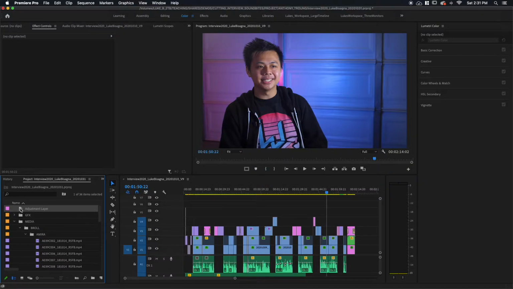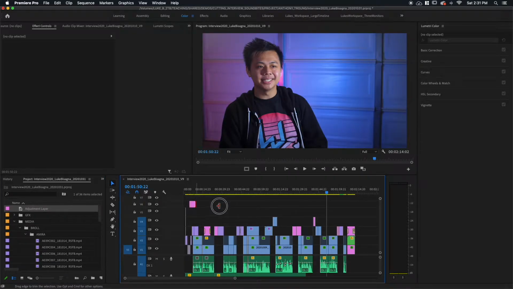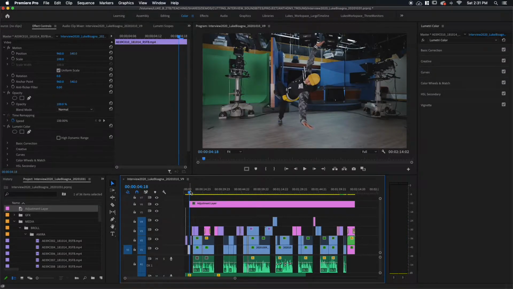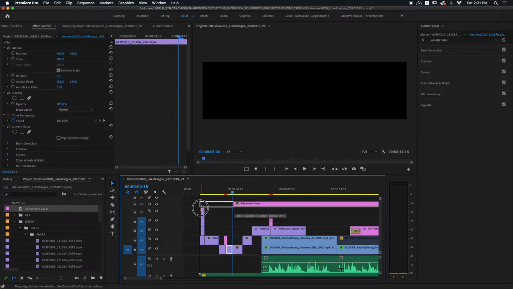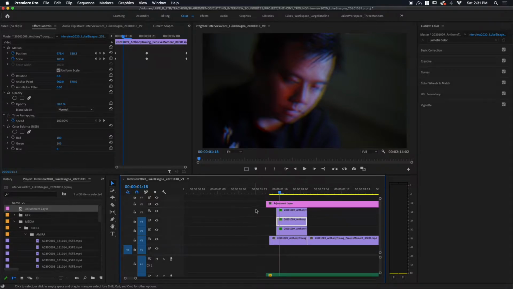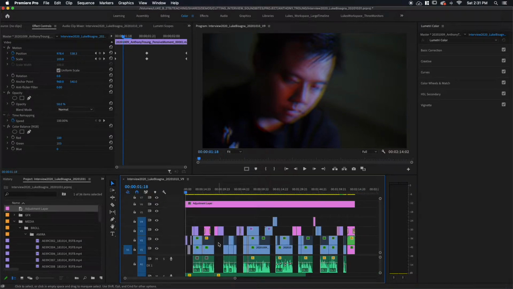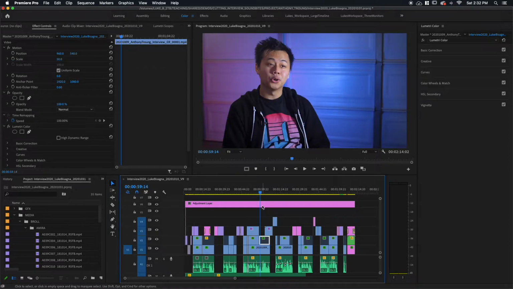And then I'm going to take that adjustment layer and drag it into my timeline and trim it out over the entirety of all my visual content here, making sure that it is over everything. There we go. And now I'm going to drag that adjustment layer into my graphics bin. Got to keep a clean house. And now let's make a change here.